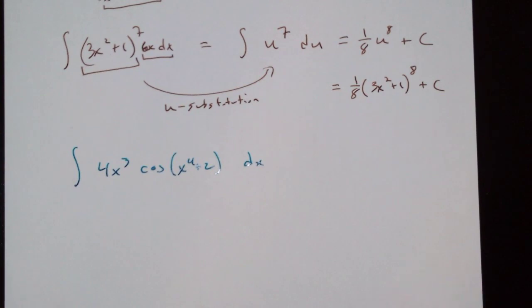I've got two things being multiplied. Product is hard, but let's think about an inside piece. Do I have an inside piece here? Yeah, I've got a function that's composite here. I've got cosine of stuff. So if I let the u be the stuff,